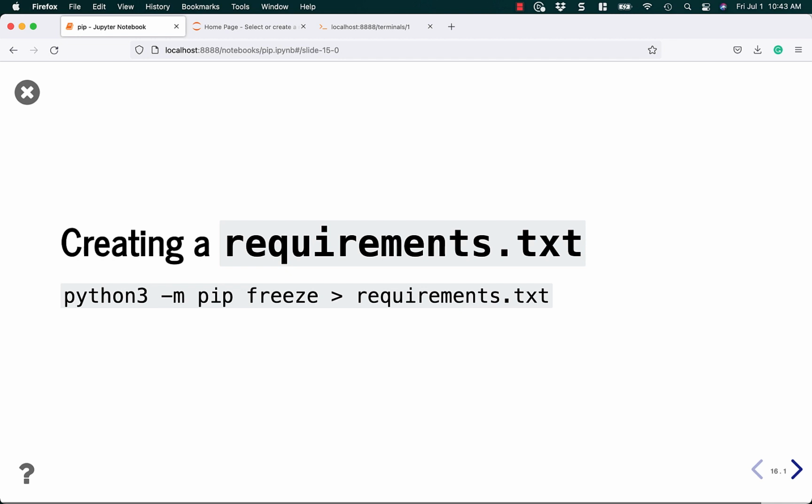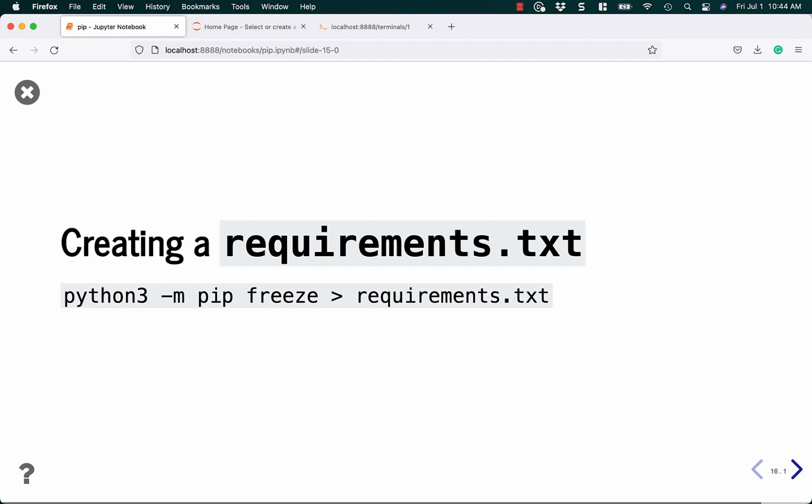All right, let's say we want to create our own requirements.txt file. To do that, you use the freeze command. So -m pip freeze, a greater-than symbol, and it says pipe that output to requirements.txt. You may be familiar with this kind of syntax if you use Linux a lot. So basically, we're just going to say, give me a listing of what I've installed, and plop it into requirements.txt, and then we have our own file that we can use. This is really handy if you've been experimenting in a Python virtual environment and you want to save off all of your